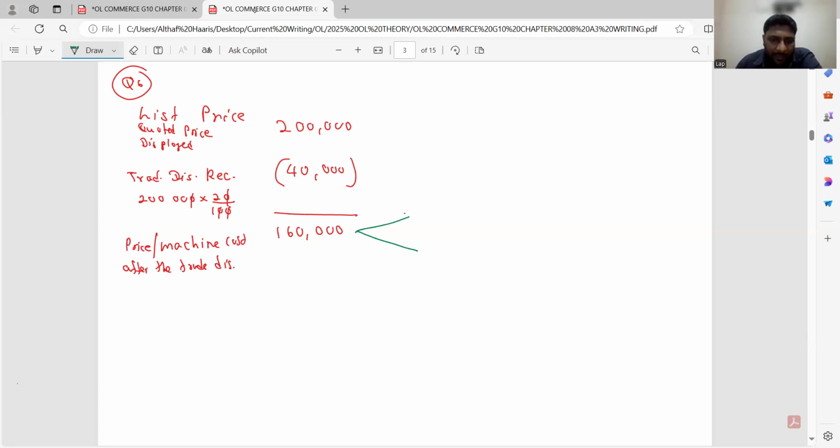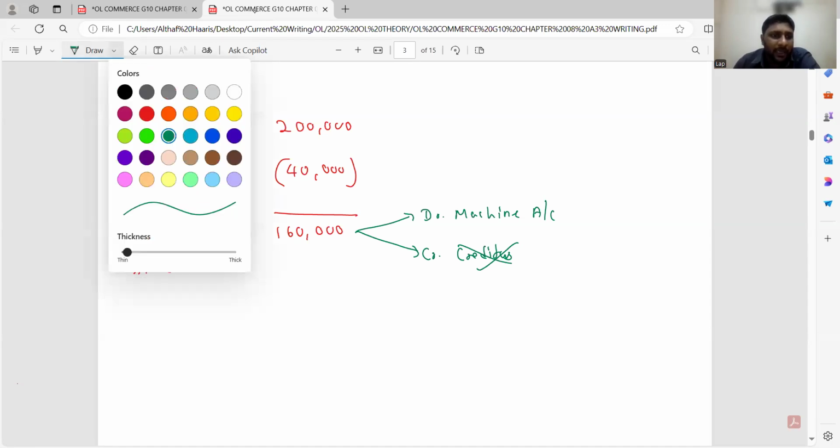So this is a credit purchase of a machine. So debit the machine account. Credit, if you write creditors, people, it is wrong. Don't write creditors, because creditors generally we are using for the trade creditors. The single word creditor generally we are using for the trade creditors. So it's better to write